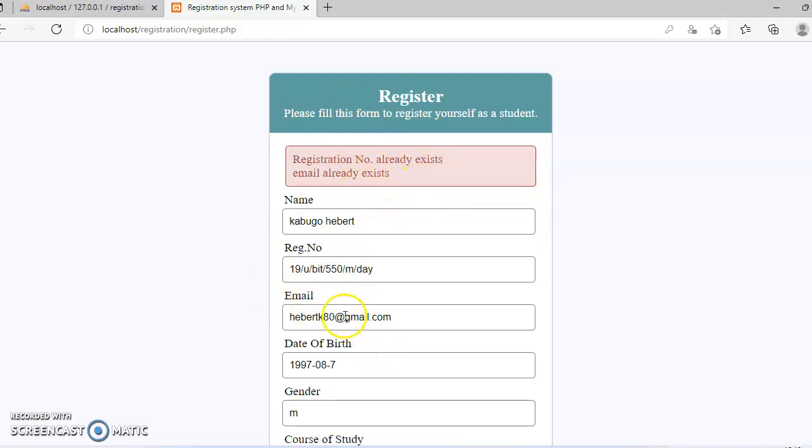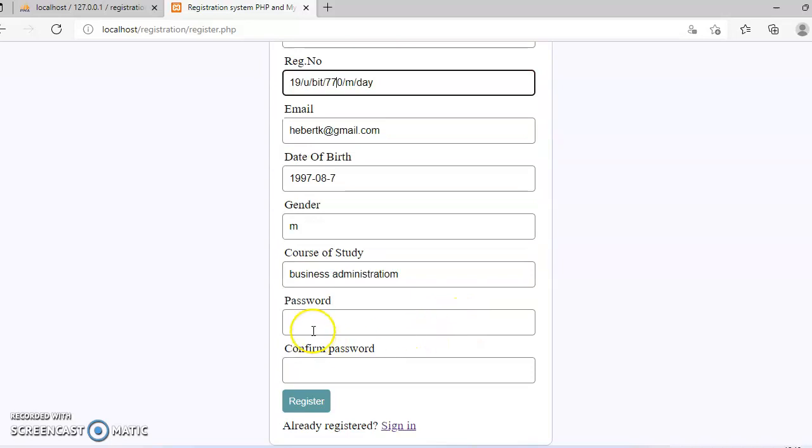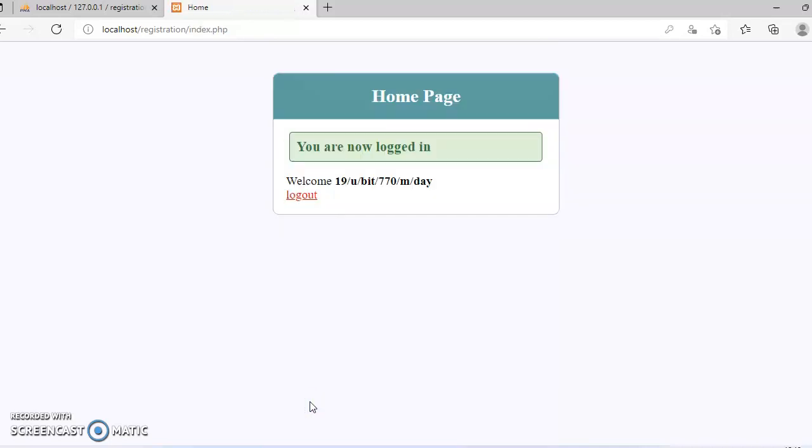What we are going to do is we are going to remove that, and the registration number we are going to use is 77. So we shall come and enter our password as Bowers, and here Bowers, and we shall register.